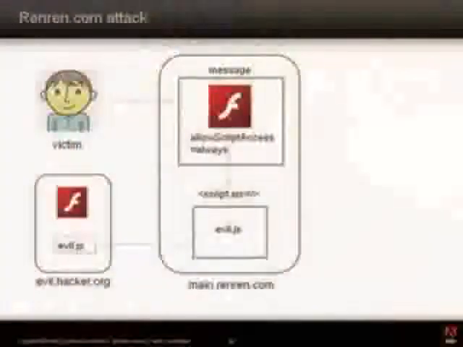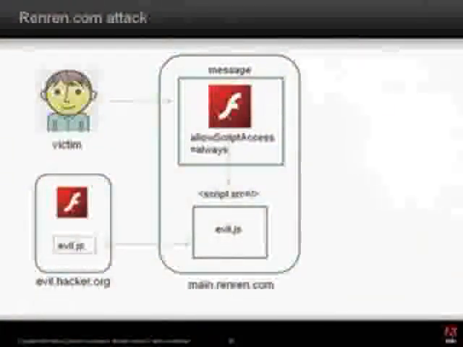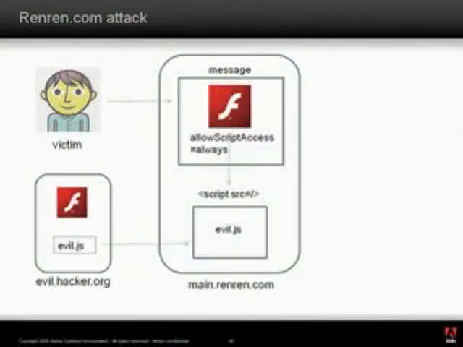And RenRen, when they linked to that video on that evil.org website, was mistakenly saying allow script access equal to always. By default, on Flash content, allow script access is set to the same domain, but in this case, they were changing the default to set it to always when linking to video content. So what the Swift would do is it would play a Pink Floyd video, to keep the user occupied long enough for the attack to run. And it would inject a script tag into the HTML, where they would source in the malicious JavaScript they needed